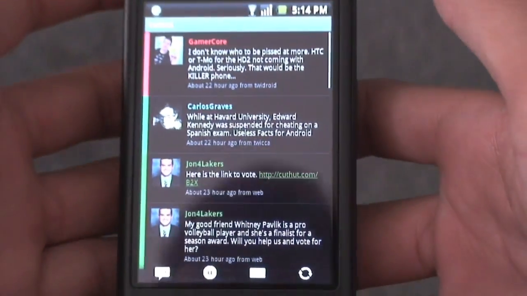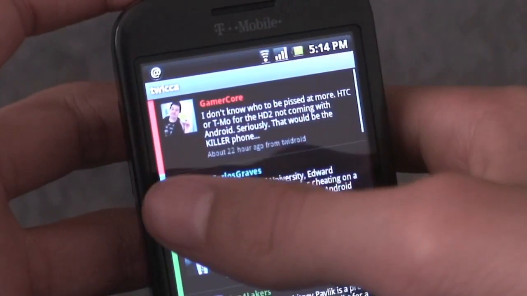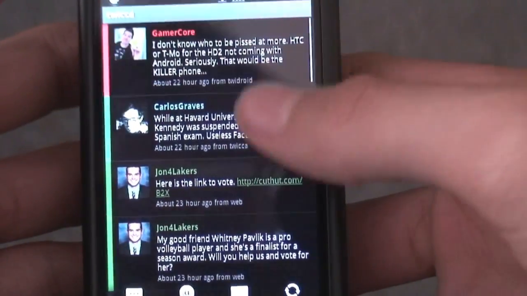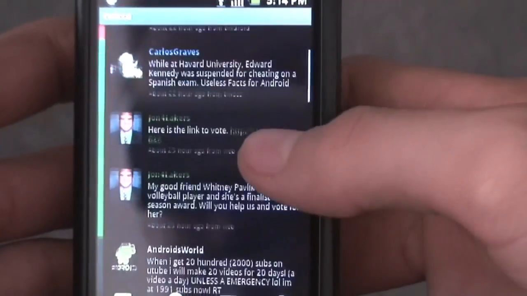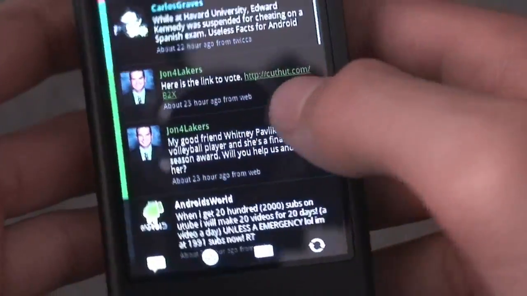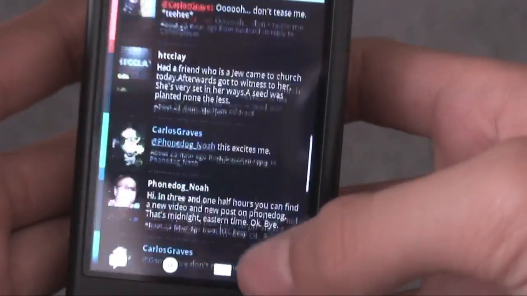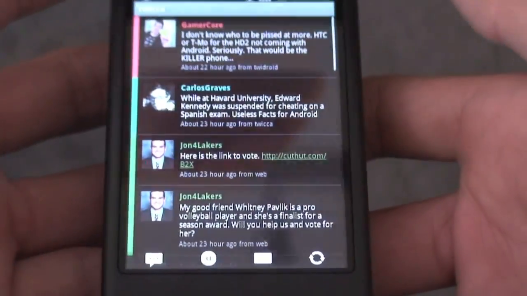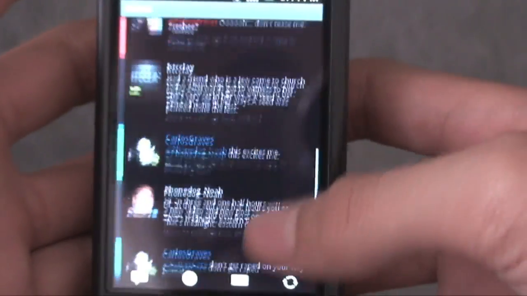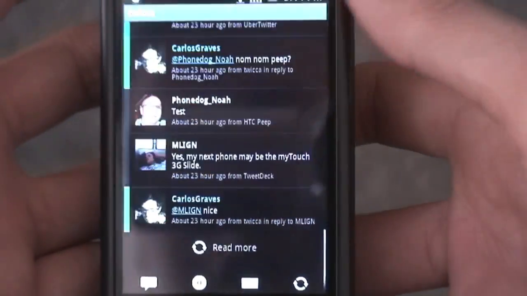I labeled him red, so I know that's his tweet. And that's actually a pretty cool feature that Twicca has. And when you actually label them, you'll see their name will show up, the color label, and so will any of their links that they post in their actual tweet. Just like John Falekos is green, and his link is green. So, as you can see, scrolling through your tweets is just ridiculously fast and smooth. This is by far the fastest Twitter application I've ever tried,